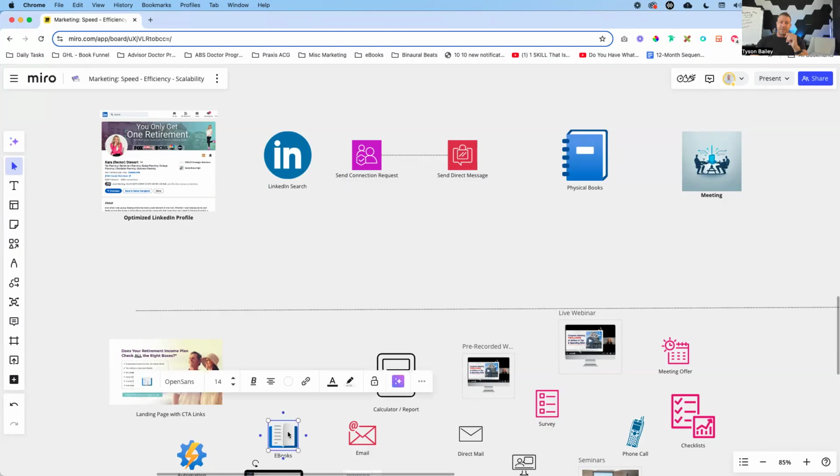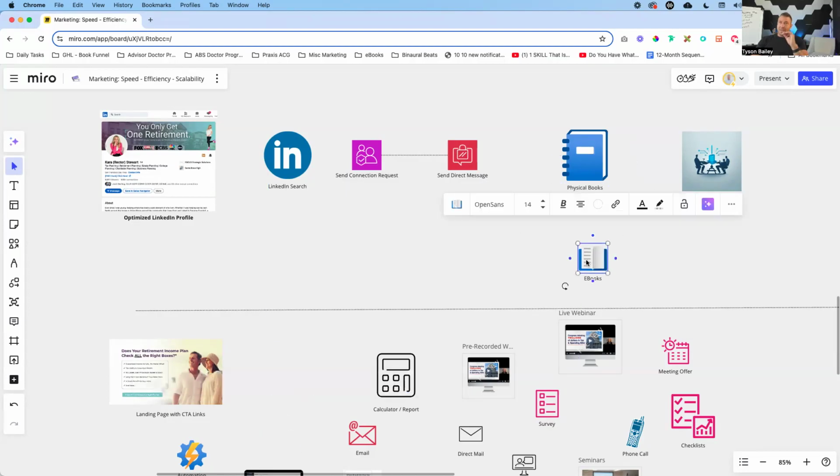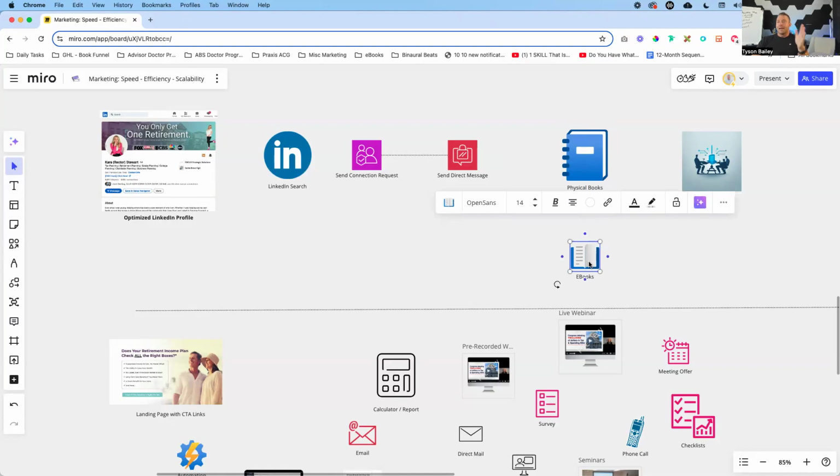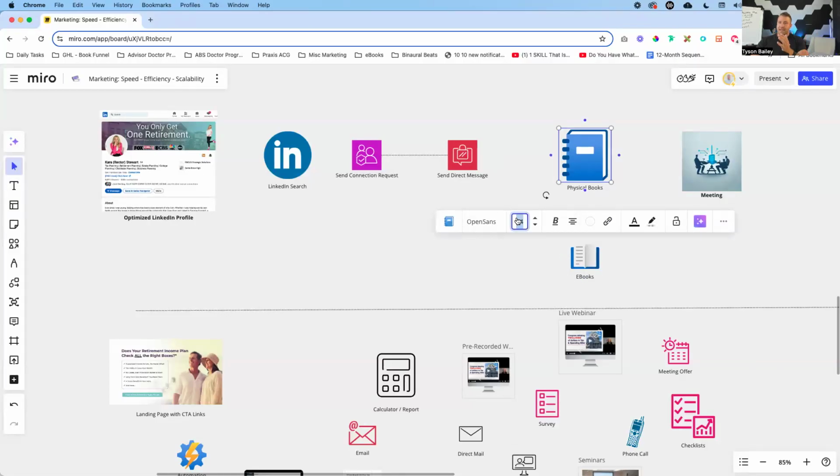So while ebooks, and I've got that down here, ebooks are going to be a much smoother and faster delivery to your prospects, you will have more people come through and request that if it's a physical book. Okay. Again, if you're looking at your budget, if you're looking at things like that, maybe you do start with an ebook until you get enough cash flow, until you can get a physical book inside of there.